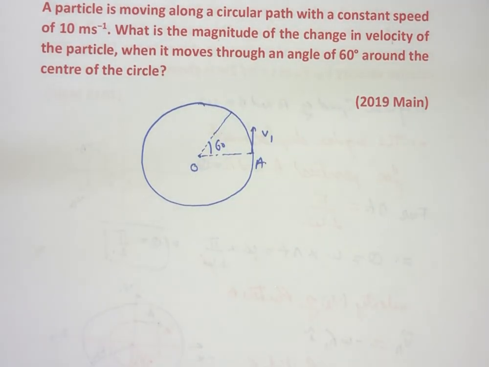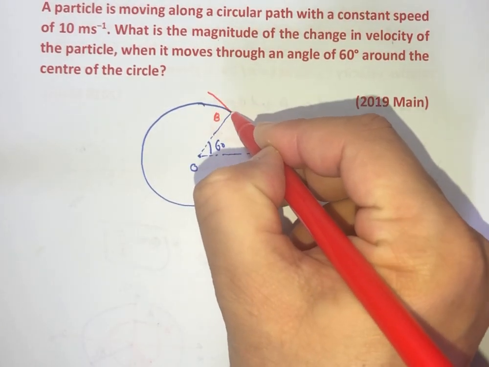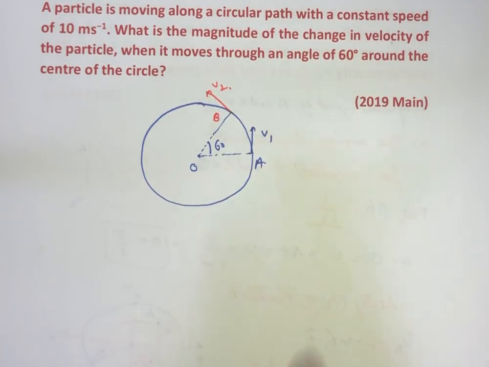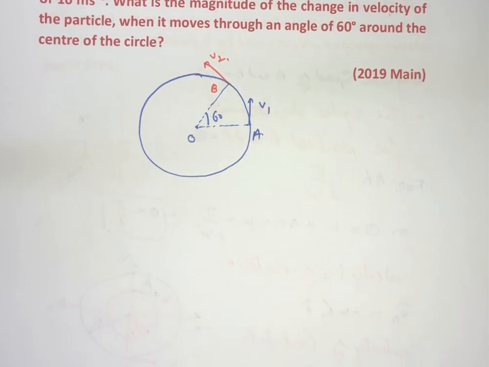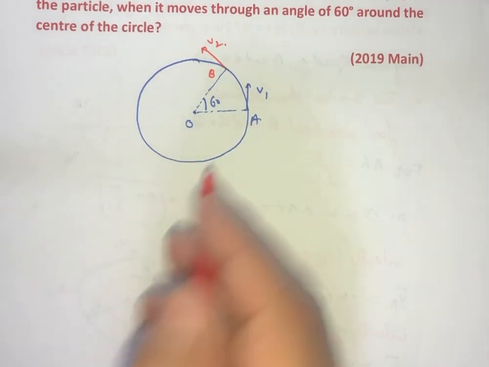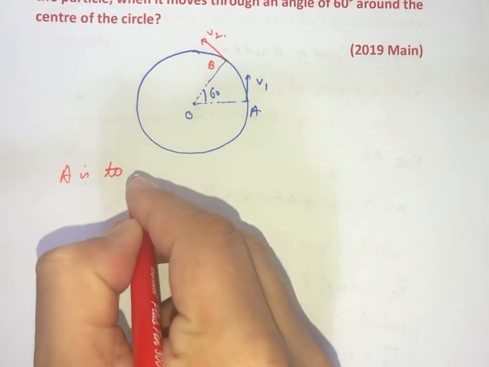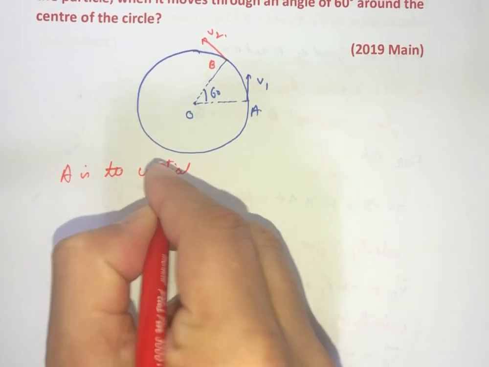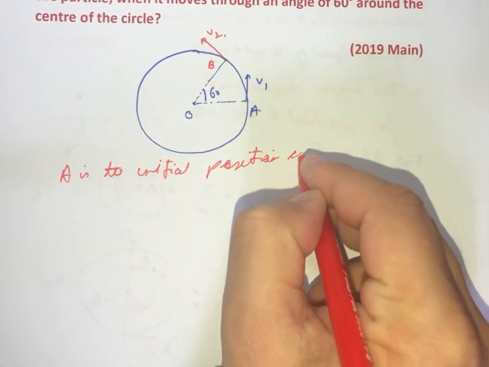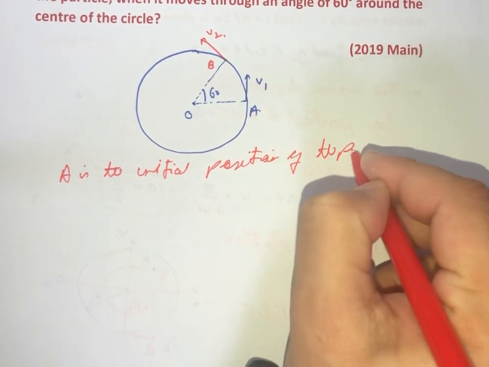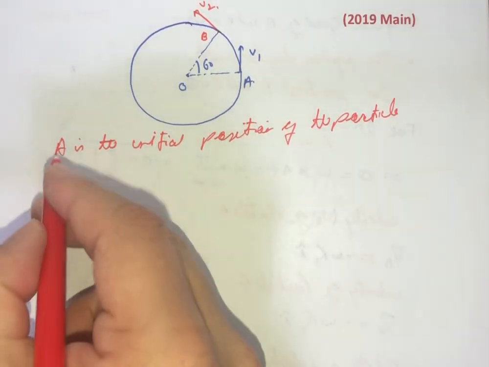This is its final position B, and it will be moving here, let us suppose, with the velocity of v2. So we have to find out the change in the velocity. A is the initial position of the particle with the velocity v1,